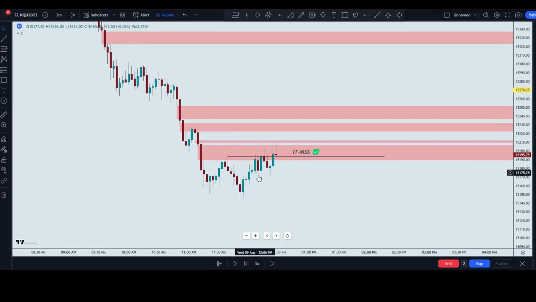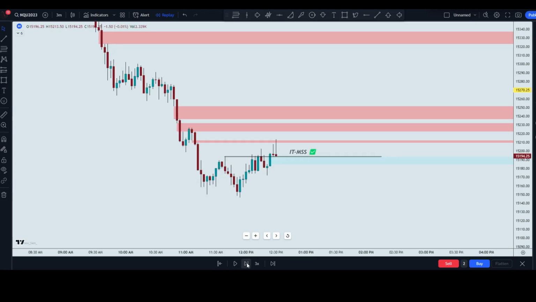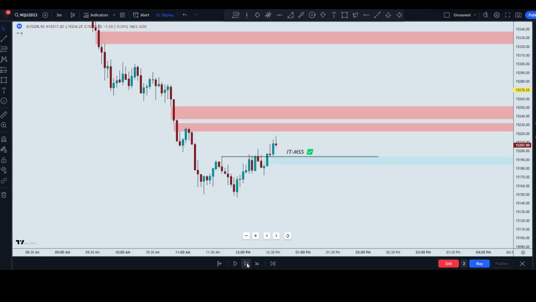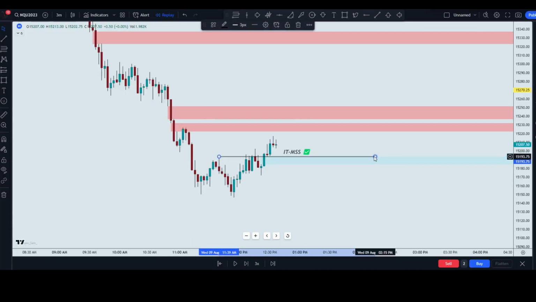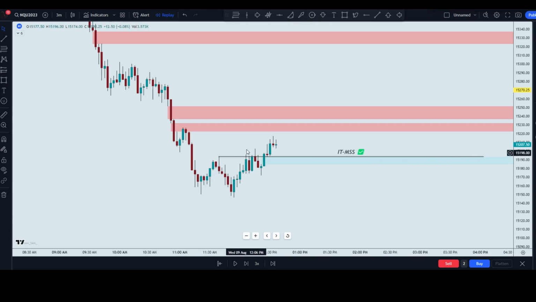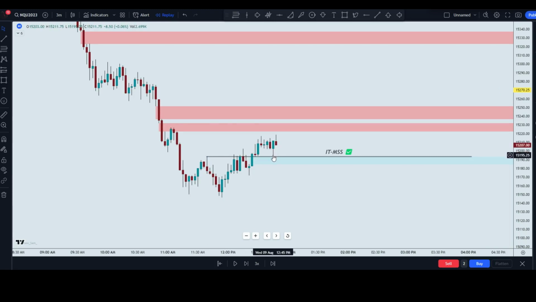There is a couple different ways to enter on this. If it has filled a RTH gap or a run on liquidity has occurred, in my rules, I allow me to drop down and enter on the lowest time frame possible. But let's just keep it on the 3 minute because I think that's going to offer you the best win-loss ratio. Now we're going to wait for a retracement into this fair value gap here, or a retrace to this high right here. So there would have been a great entry, right?